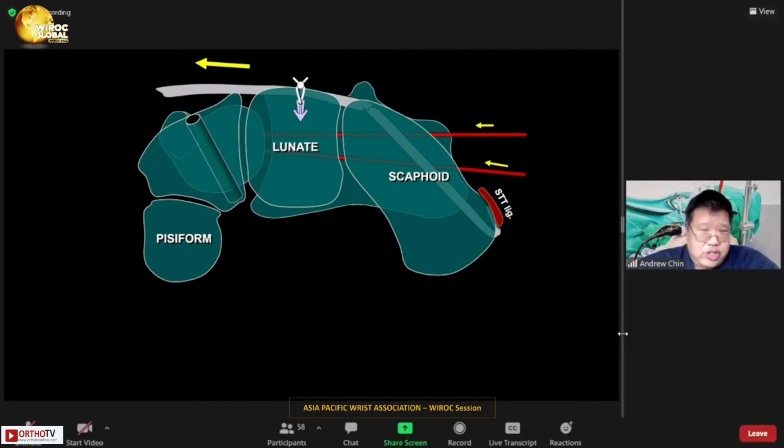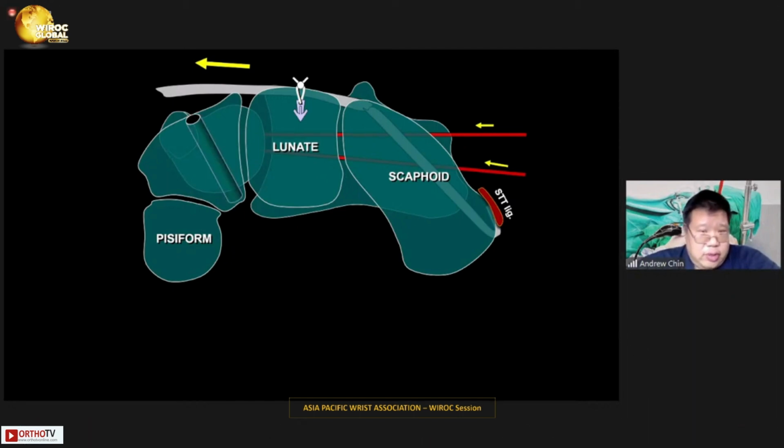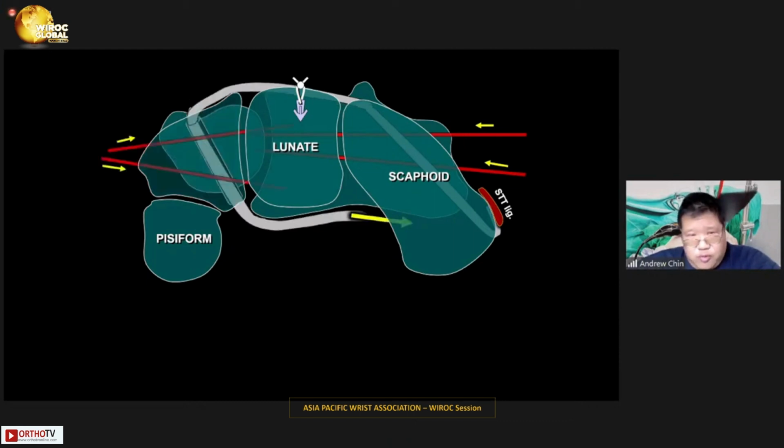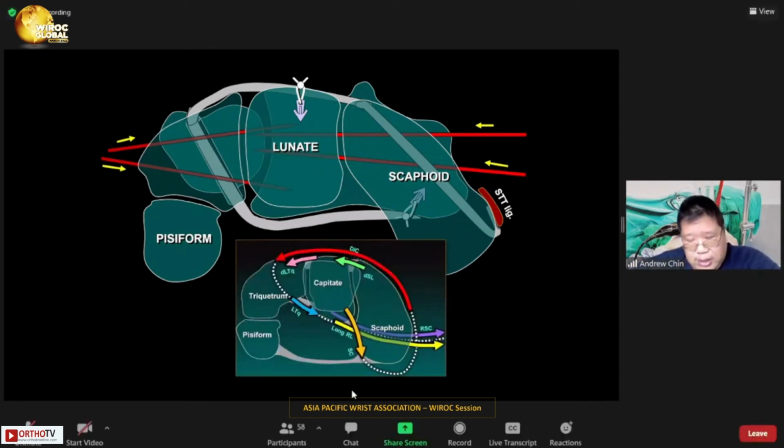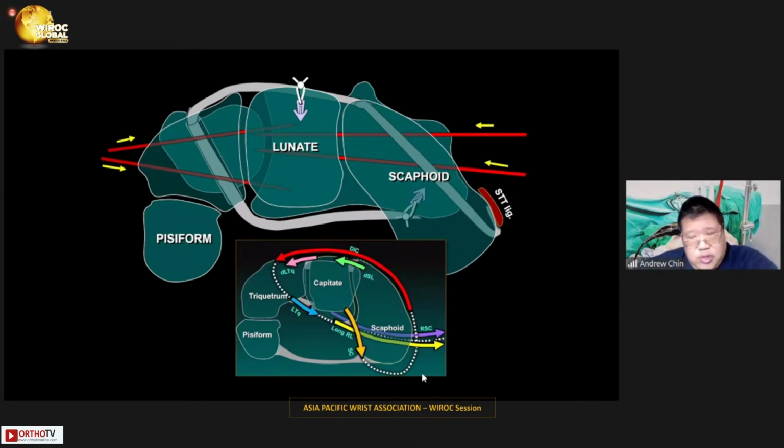Then, of course, the addition of the triquetral tunnel, right, to pass the graft from dorsal to volar, stabilizing the lunotriquetral joint, and then of course we anchor the free edge of the tendon graft into the radial styloid. Okay, you can see we have restored the spiral configuration of all the associated